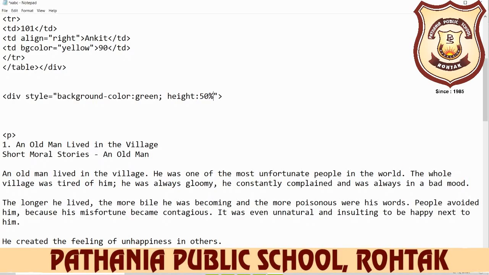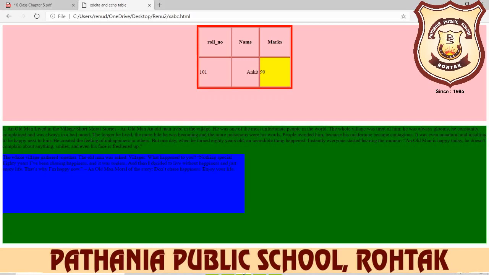Or we also want to change the width, so use the terminator here and then write down width is equal to, for example 70%, so you write down 70. Okay, then you save it, open your browser again and refresh it here. So you see your green color will be changed.